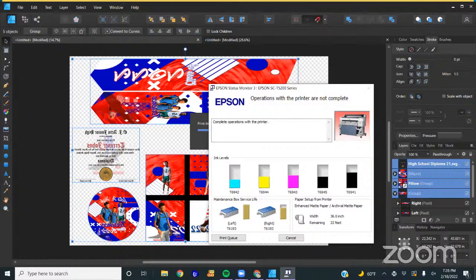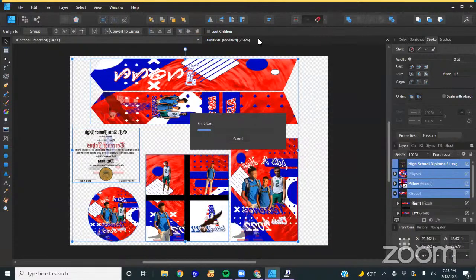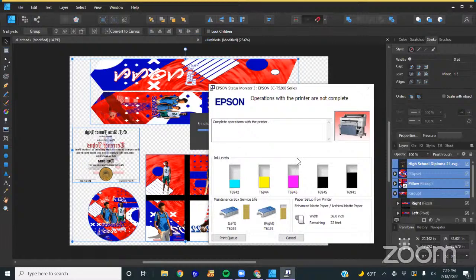While we're waiting for that, I'm going to wait because while this is printing, it's going to take a little bit of time, we're going to throw together this other little design real quick. If you remember last year, Tiffany did a 2021 design. Basically all I did was I took out the 2021, put in the new 2022, kept the rest of the design, and boom, I got a new year. So I'm going to throw that in there. That's going to be one of my center print shirts.